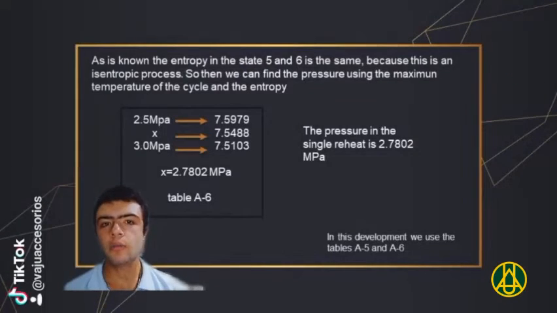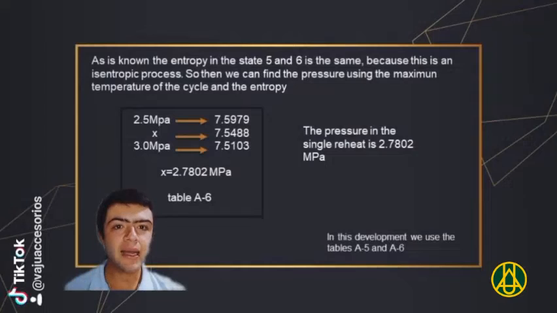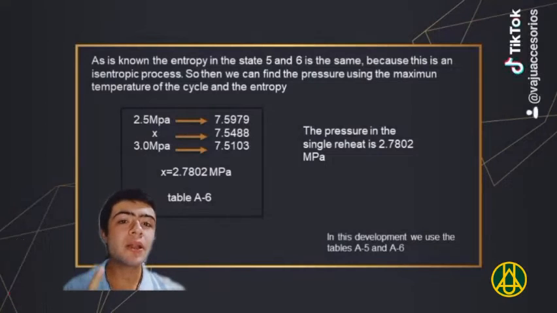Okay, now we know the state 6, and with that information we will know the entropy in the state 5. Then we will enter to the steam tables and find two values of entropy that are one bigger and one smaller of our entropy, and in that point we will know the pressure of